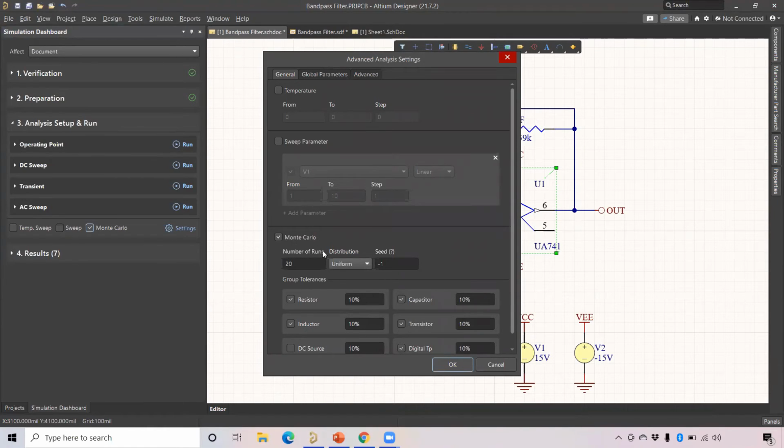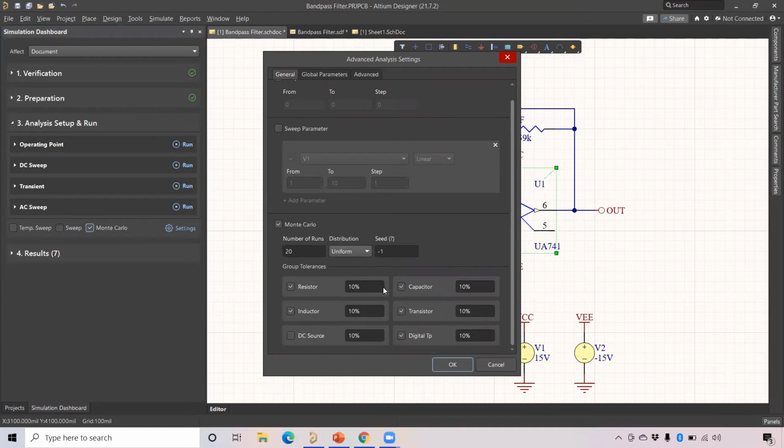So why we need to do this number of runs is to get high resolution, to get a very good output signal, because we have 20 outputs, which means some of the signals will give you the best result. So you can choose the best results from the 20 runs of the signal. Okay, so the signals will be uniform distribution, and then we can choose the variance. Some variant parameters like your resistor, capacitor with their tolerances to give a good resolution, to give very good tolerances at the output. So let me remove these two and just use the resistor and capacitor tolerance alone.